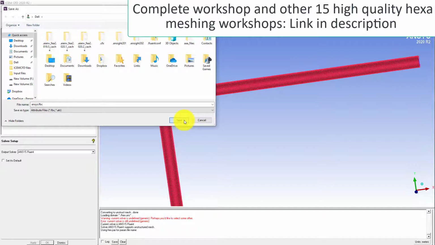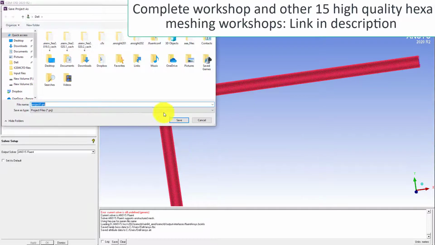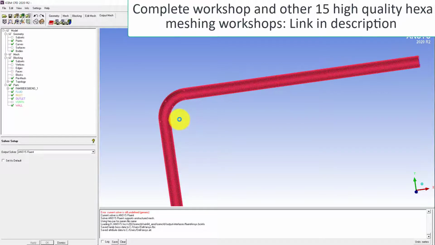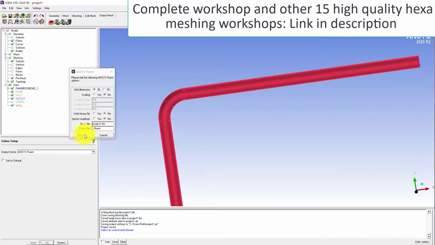So save project first. And after that, this will ask you for your mesh file, which is by default over here. And then simply put the name, or just keep the default name, which is fluent. So the mesh file will be fluent.msh.